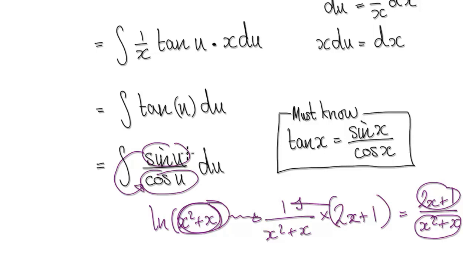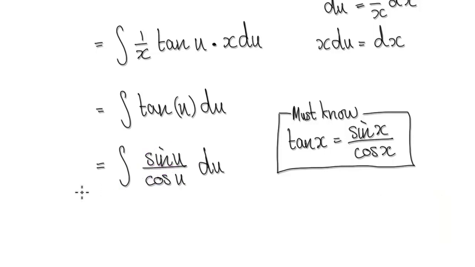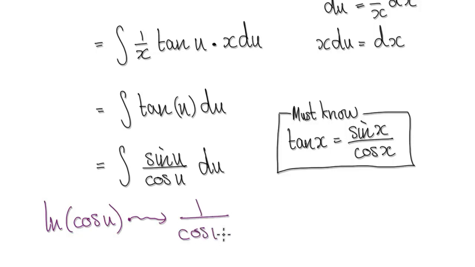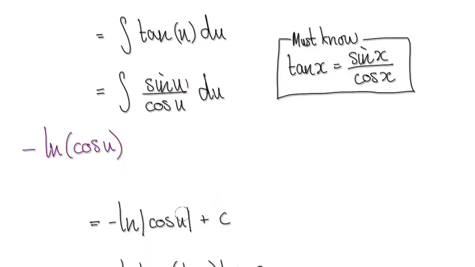So when you come to integrate this, in your mind, think about this. If I were to ask you to differentiate natural log of cos u, when you differentiate this, it would be 1 over cos u, and then times the derivative of the bubble itself, which would be minus sine u. So now notice that this is very close to this, except for this minus. You want to negate the minus, so you would go back to your initial guess and stick a minus in here. So to integrate this, it will be minus